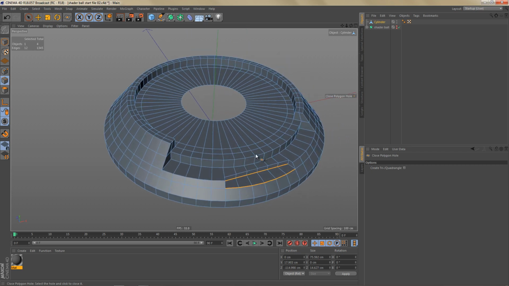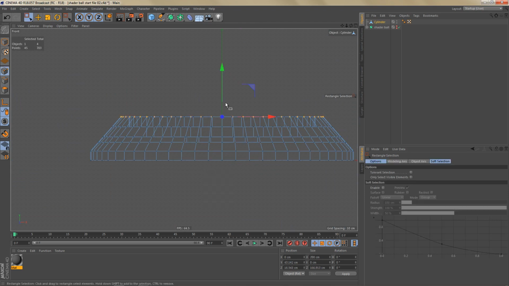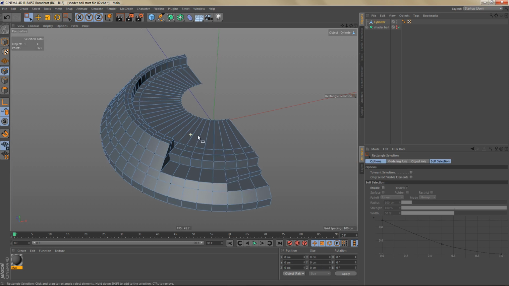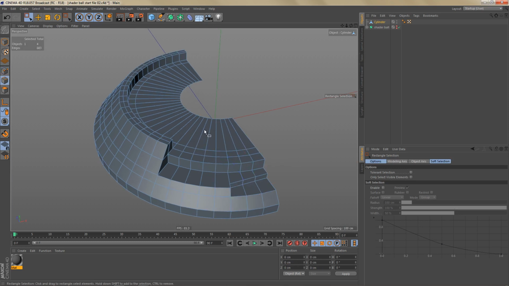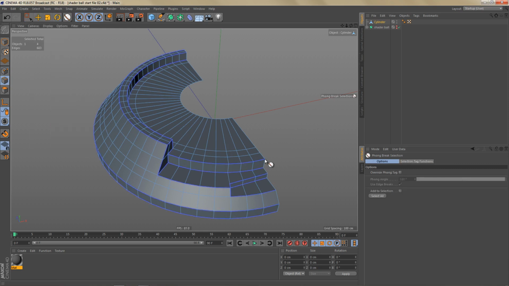So that's not looking too bad. Next we're going to add the control edges, and we only have to do this on half of the object. So I'm going to delete this half here, optimize again, let's go to edge mode, deselect everything, and then I'm going to do a func break selection, select all of these edges